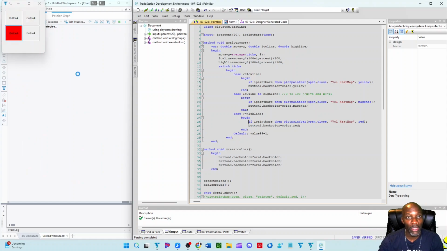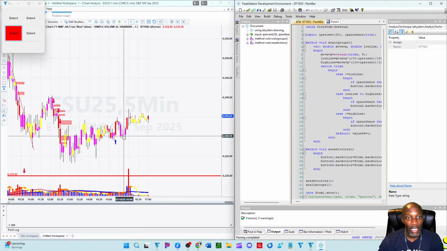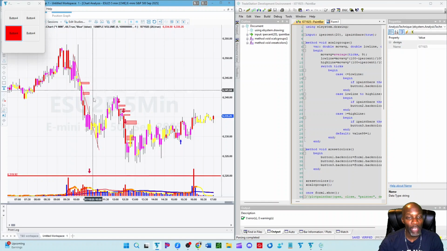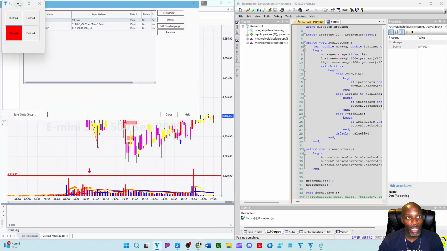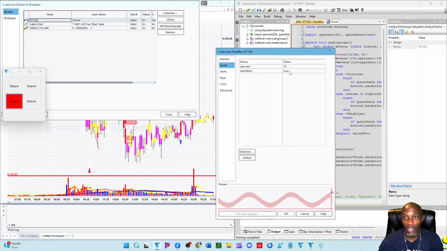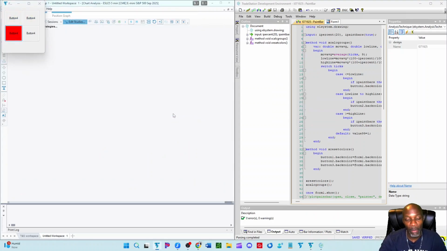I'm going to show you why this isn't as fun though. Okay, so now we've got that running. It's naturally set at true at the beginning. But now if we want to change that input, we have to go to Edit Studies, go to our input, change it to false, hit enter, and rerun it. Now it's going to rerun, this time not painting the